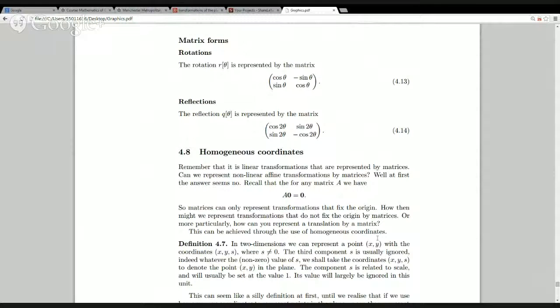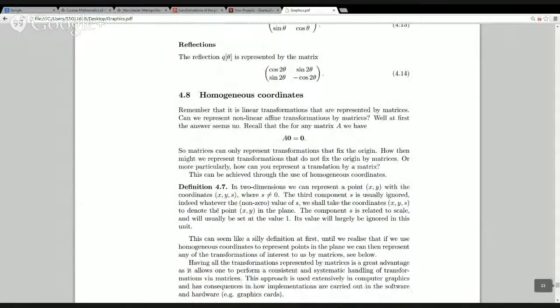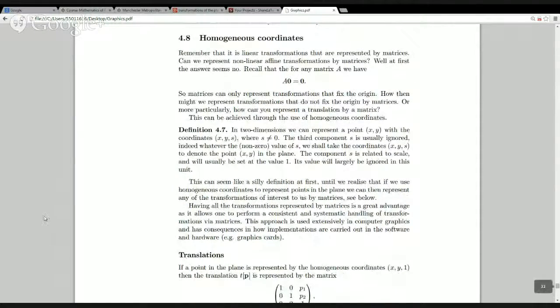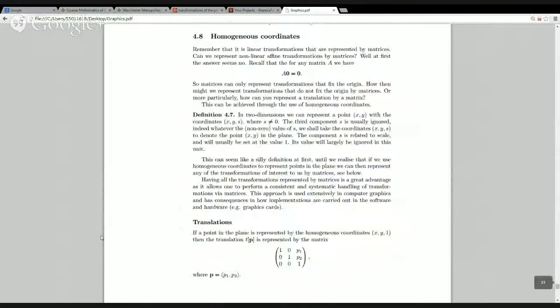So we covered those at the start. Then we got this last little section, 4.8, which is, as far as we're concerned, kind of an organizing trick. It's this idea of homogeneous coordinates. Well, it's not really a problem, but one unfortunate aspect of what we've developed so far